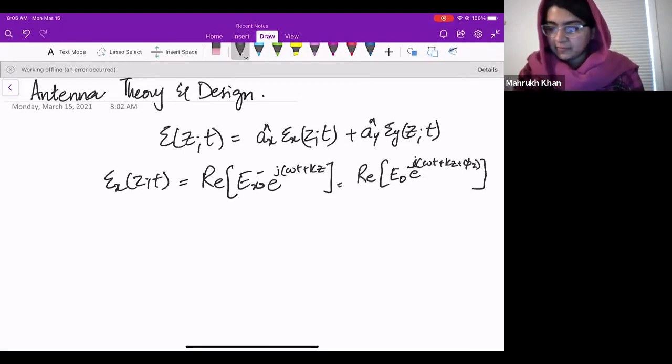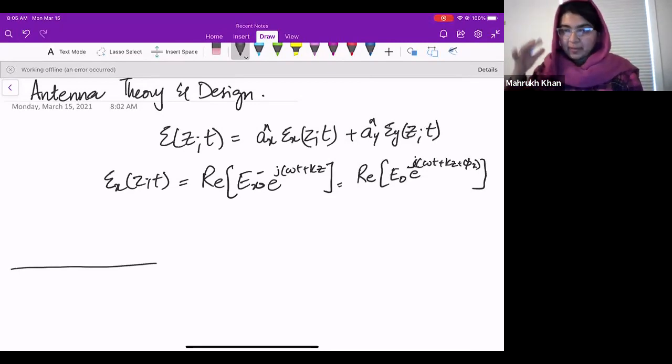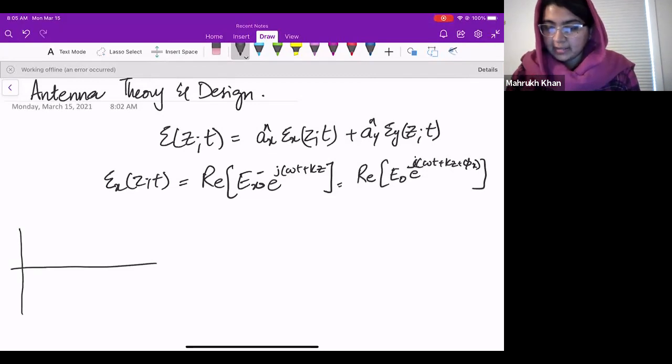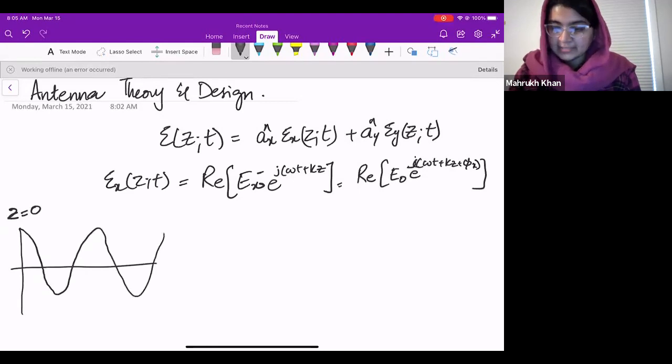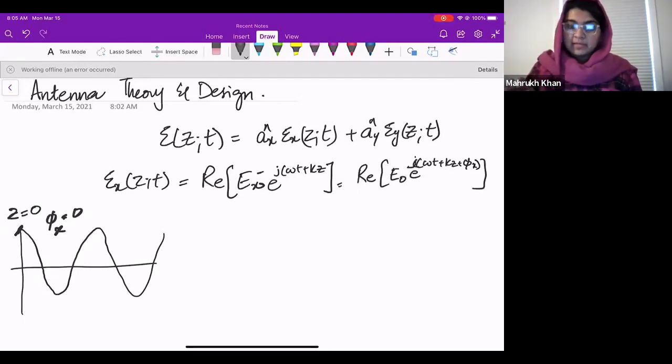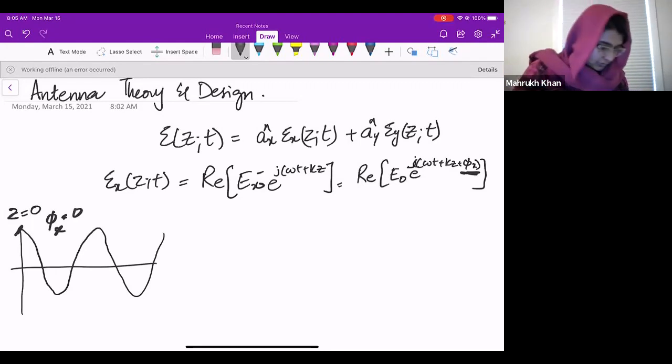When we were talking about this, we were saying that let's say you have a signal that is propagating. So the phase is decided by the point the signal starts at. It could be any point, its instantaneous value. So if we are talking about z equals 0, and this is your cos signal, the phase is 0, right? But if it is a sine signal, then your phase is 90 degrees, right? So this is defined by the phase or the point where the signal starts. So we can also write this as,